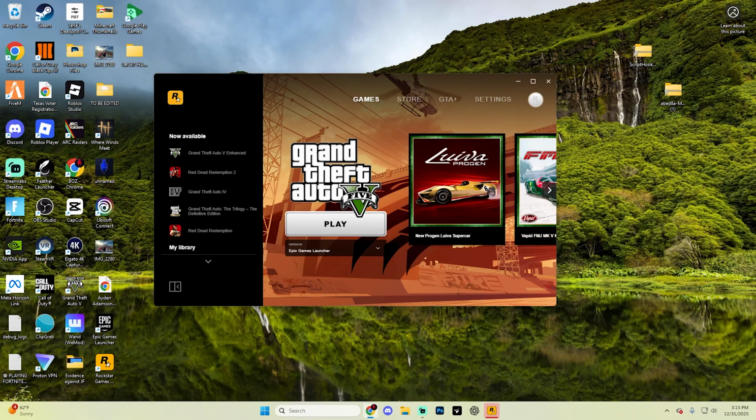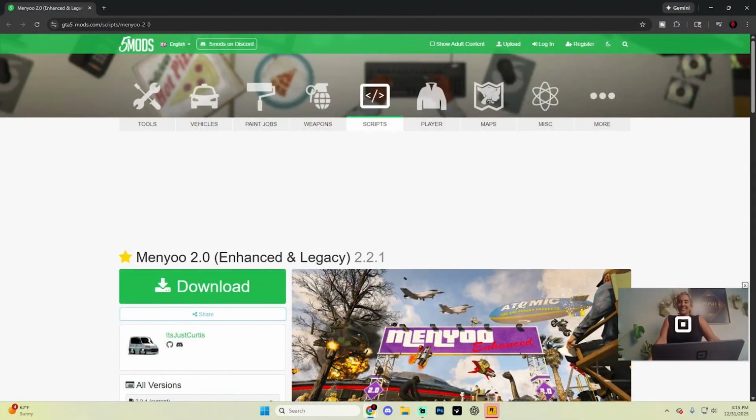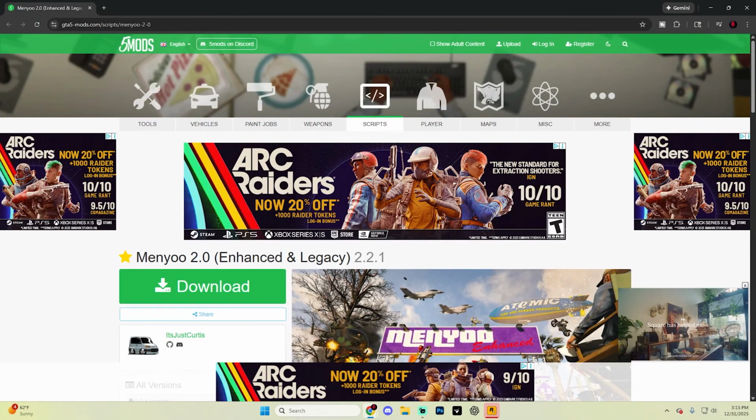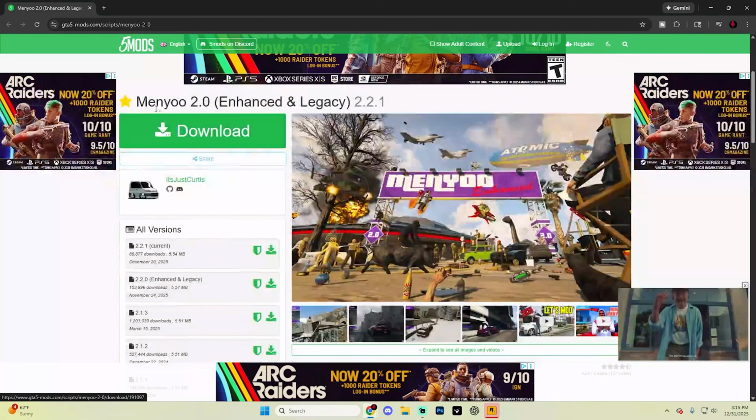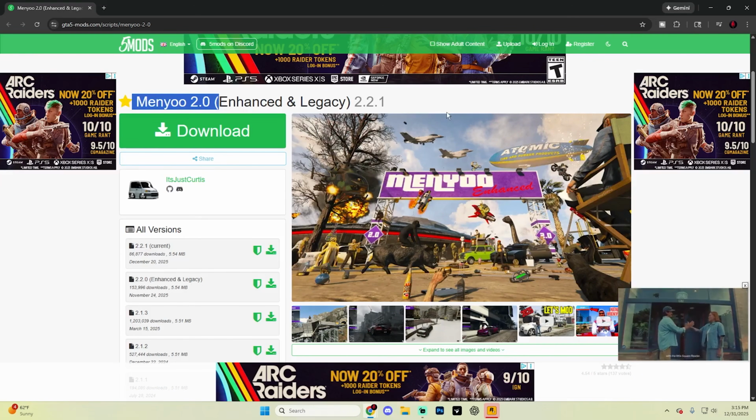But there's a few things that you are going to need to go ahead and download in order to do this. So first things first, if you do have GTA 5 opened up, you're going to want to close out of it and actually just open up a web browser of your choice. I'm going to use Google Chrome for this, but you could use whatever you'd like. And the first website you're going to want to go to is GTA5-mods.com. From here, you could just search specifically for Menu 2.0, and this is the one you're going to want